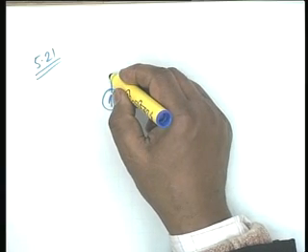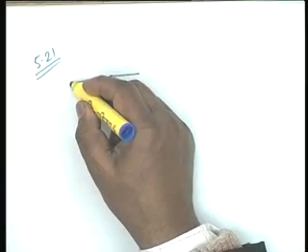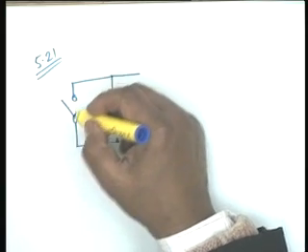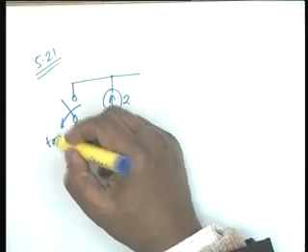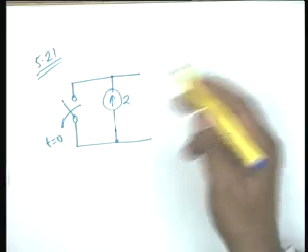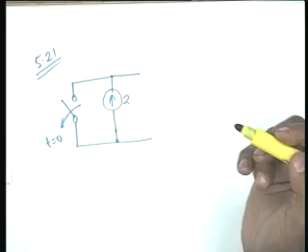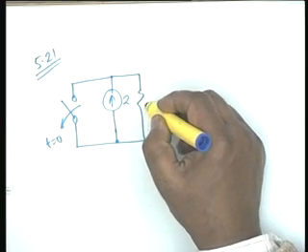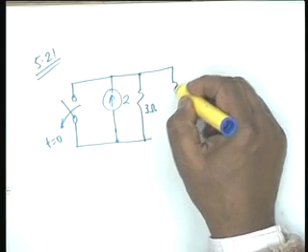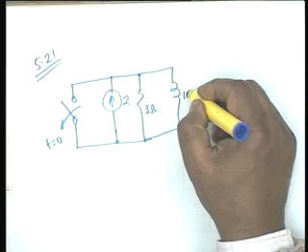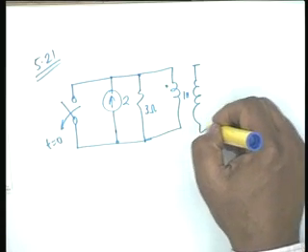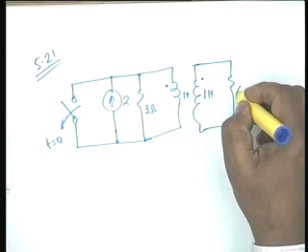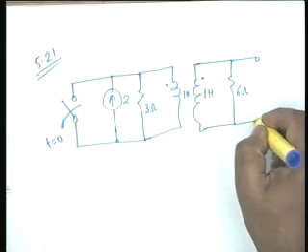There is a 2 ampere current source across which there is a switch, and this switch is opened at t equal to 0. That means at t equal to 0 minus the source was short circuited. Then you have a 3 ohm and a 1 Henry, 1 Henry with a dot here, and a 6 ohm, and this voltage is V2.